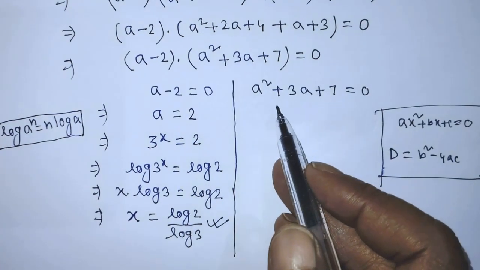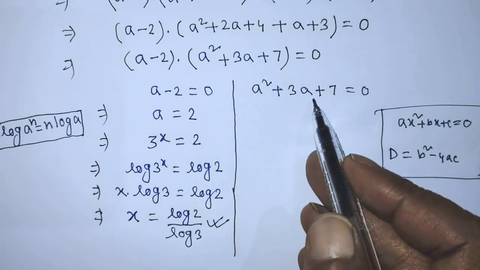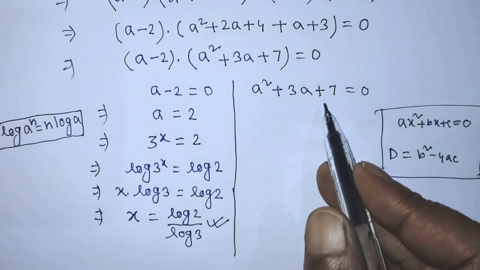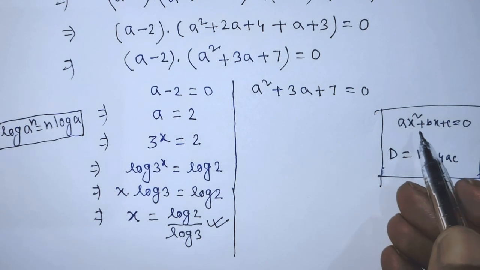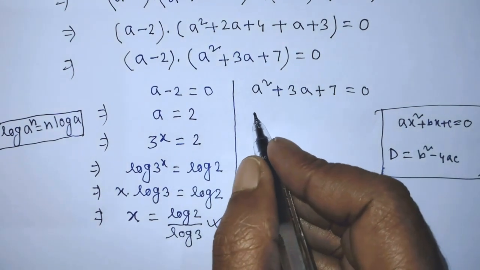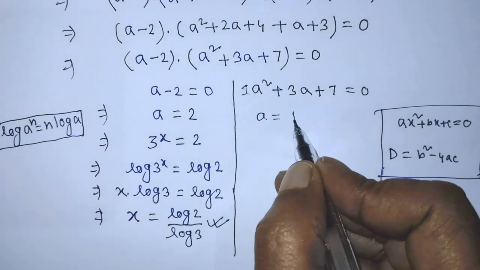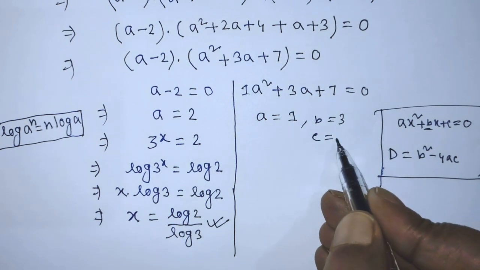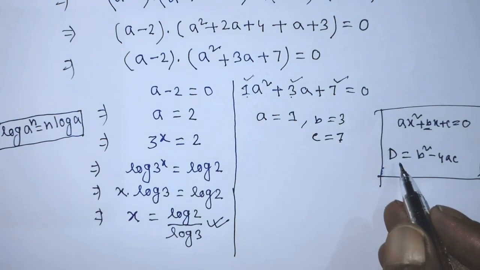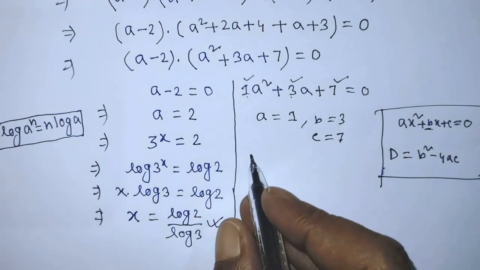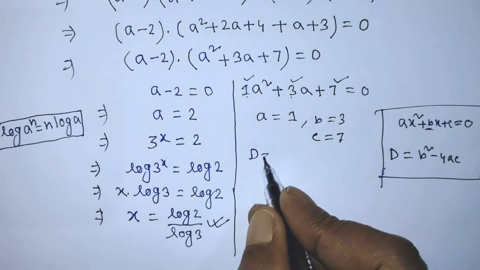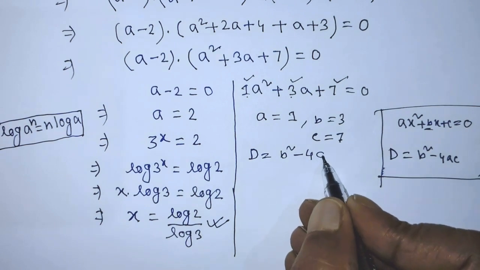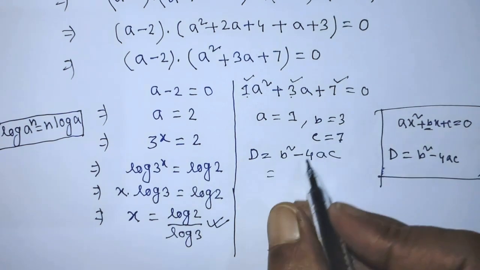Now for this equation, student, we can compare it with the general form of a quadratic equation. So student, after comparing this equation with the general form of a quadratic equation, then we can write in here a is equal to 1. The value of b is 3 and the value of c is 7. So now we have to apply the formula of discriminant. So student, our discriminant formula is d is equal to b square minus 4ac. So student, the value of b is 3. So we can write in